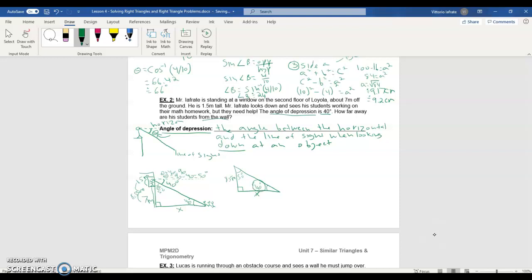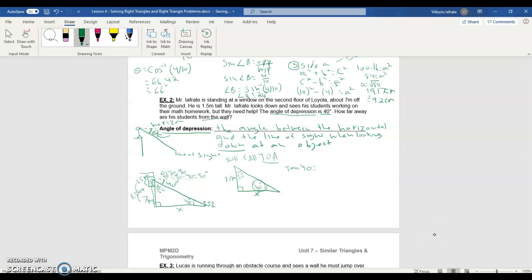So remember our trick, SOHCAHTOA. X would be the adjacent side to angle 40. So we're dealing with an adjacent. Do we have a hypotenuse? No, we don't. So we can't use cos. That won't work out because we don't have the hypotenuse. But we do have the opposite side. So we can use tan. We can use tan. So we can do tan of 40